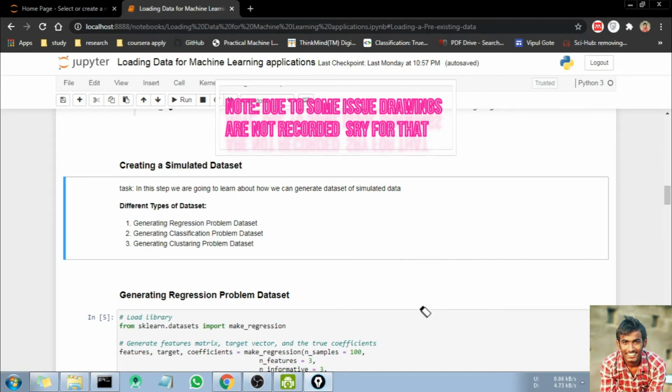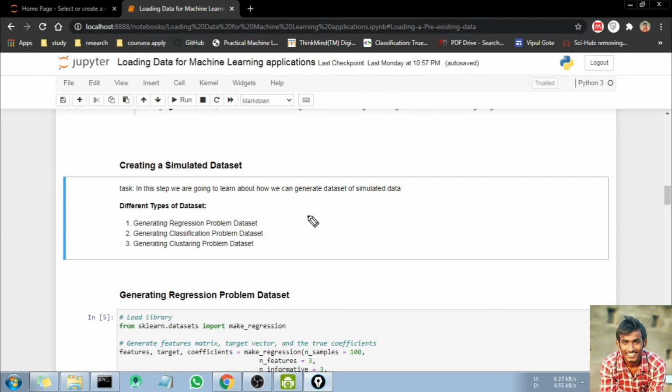For a classification problem we can take object classification, such as cat and dog classification, which means identifying which image is of a cat and which image is of a dog.